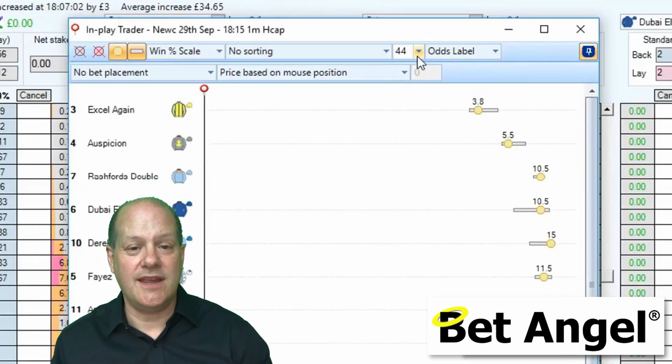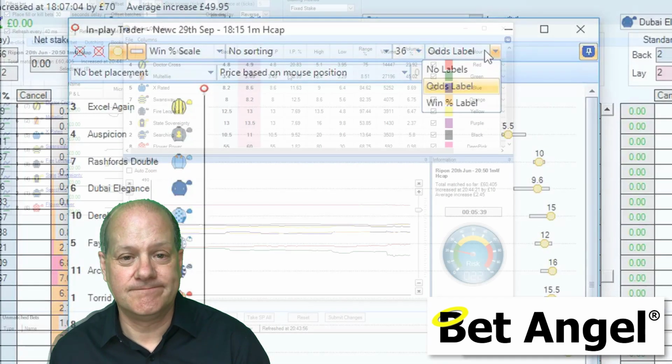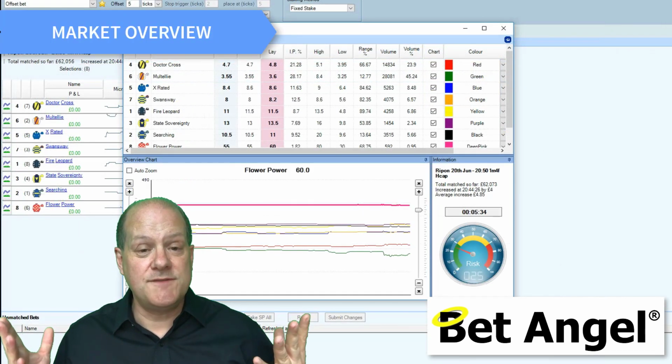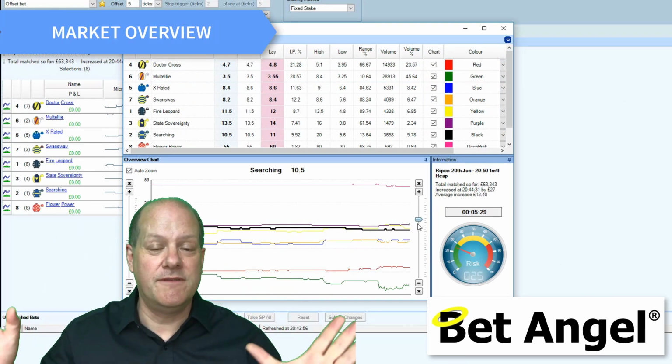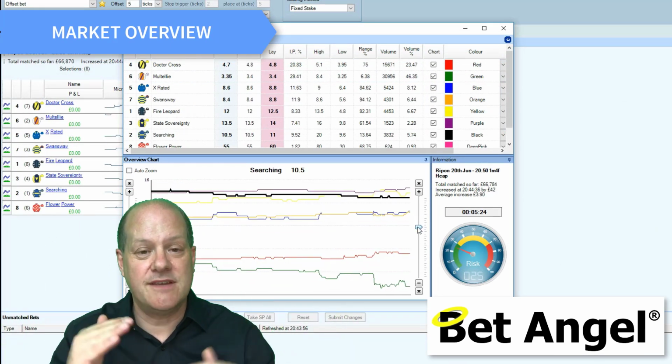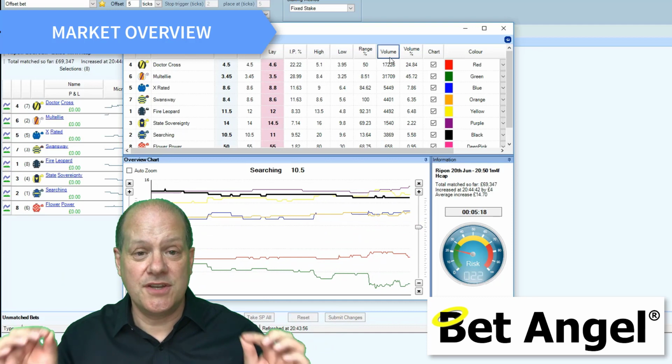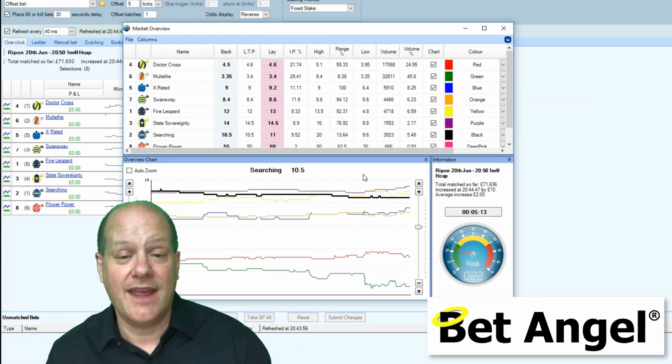It's a very easy way to trade in-play sports. The market overview screen gives you, as the name suggests, a beautiful overview of the market. It can plot the price activity of all the runners and provide additional critical information to help you trade any